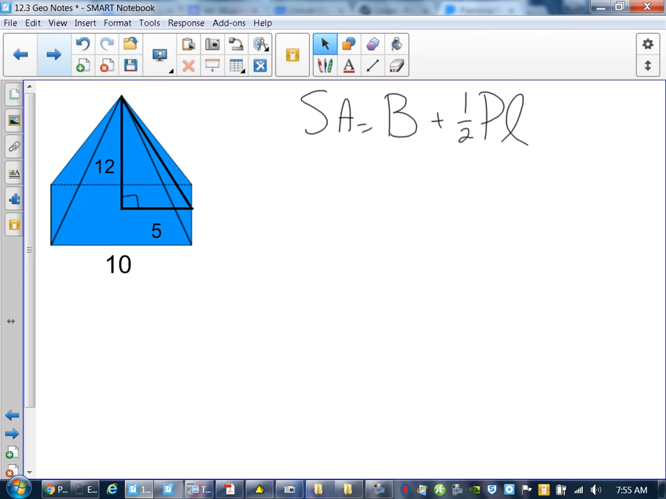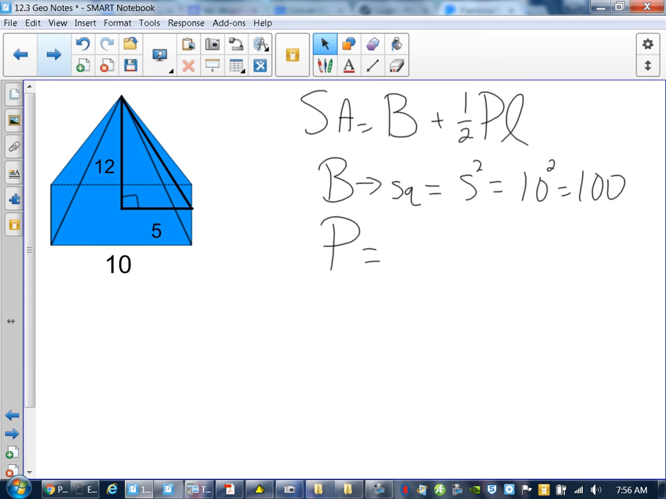What's the big B? It's the base. What's the shape of the base? Square. So, just like we've been doing, just like last week, big B is a square, which means it's a side squared. I'm just piecing it together. Okay, let's start with that. If each side is 10 and there are 4 of them,